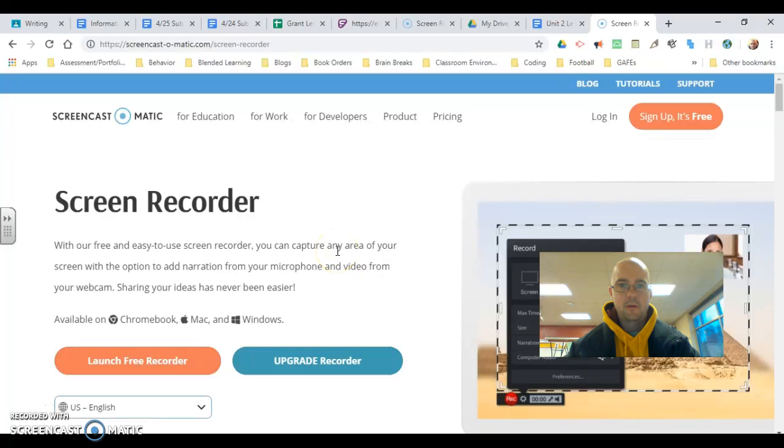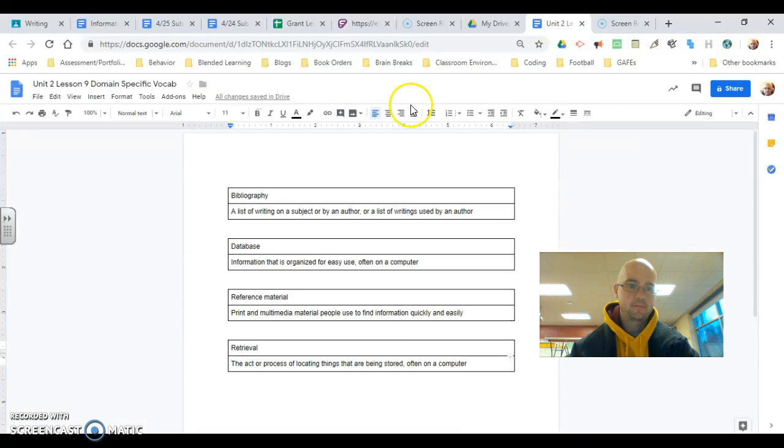Here we go, 4th graders. Today what you're going to do is learn about some domain-specific vocabulary. Your domain you're learning about today is research. So we've done a lot of research, and what you're going to look at right now is one word, which